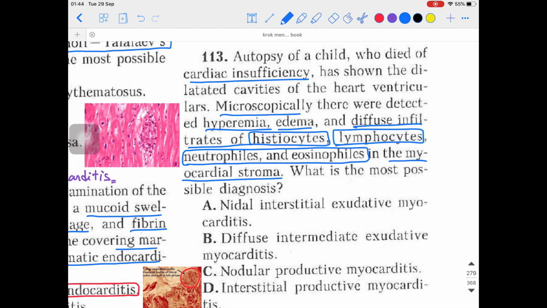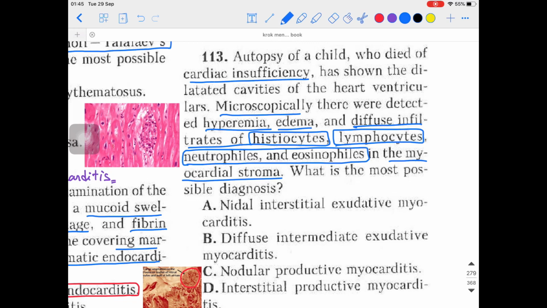The second one is interstitial myocarditis. The full name is non-specific exudative interstitial myocarditis. Non-specific, or you might say diffuse, one and the same thing. So non-specific exudative interstitial myocarditis. Exudative means some kind of pus formation, some kind of bacteria might be invading over there, and you know very well which kind of bacteria it might be in rheumatism. Yes, that is the streptococcus, isn't it? Group A beta hemolytic streptococcus. So that is the bacteria that can cause this kind of problem.